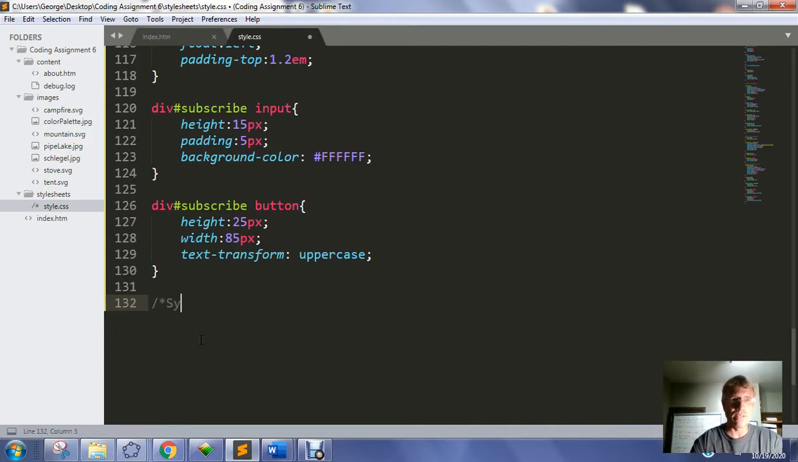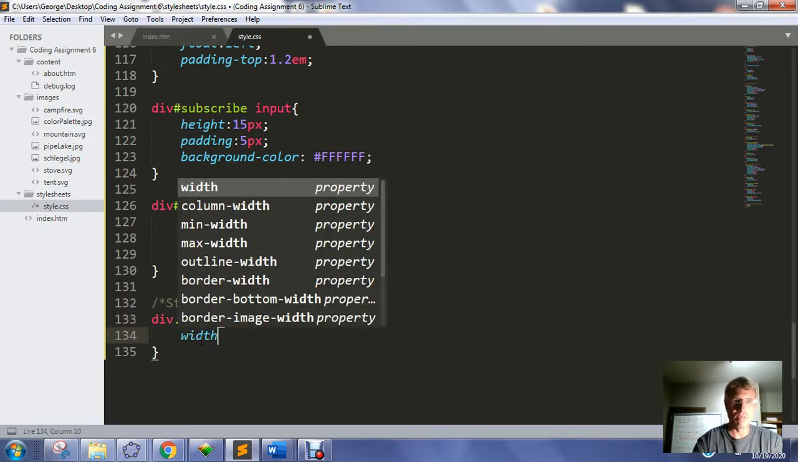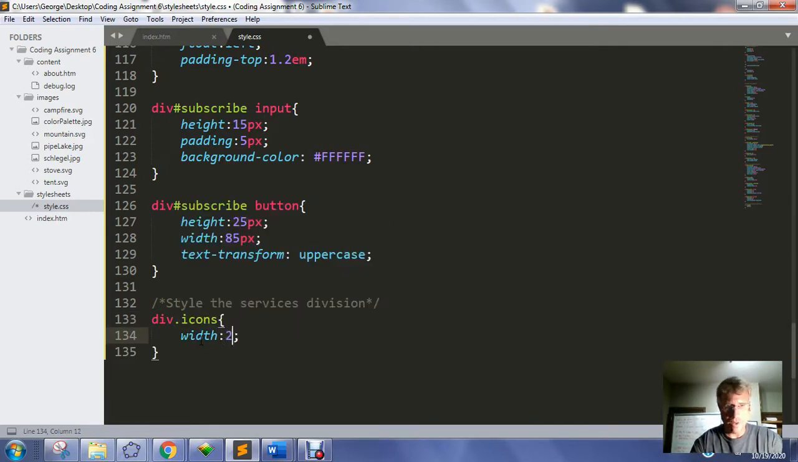So I'm going to go /*, we're going to style the services division, close that comment tag, and then we're going to say, hey, div.icons. If you're one of the icon divisions, we want your width to be 25% of the available space. And we're going to save that,